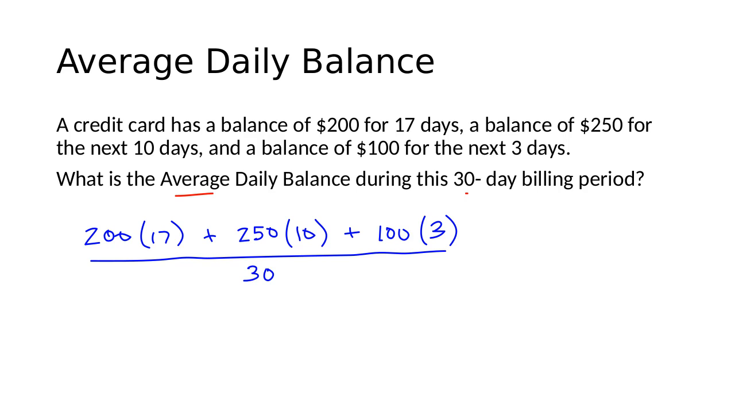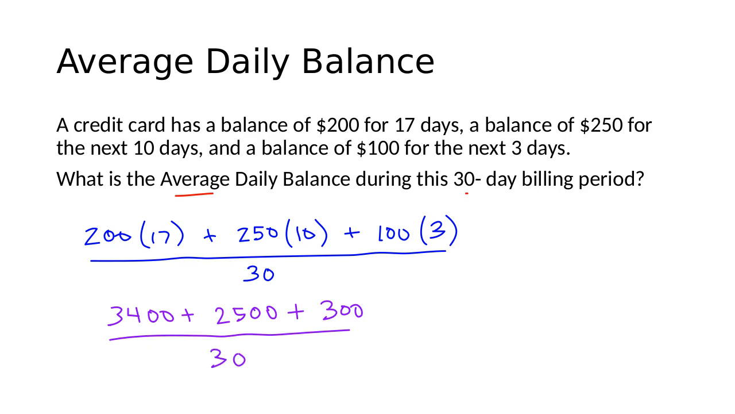When we multiply those together, we'll have 200 times 17 is 3,400. 250 times 10 is 2,500. 100 times 3 is 300. And then remember, that whole thing needs to get divided by 30. Then we're going to add those numbers in the numerator up. 3,400 plus 2,500 plus 300 will give us 6,200 in our numerator that needs to be divided by 30. And then when we divide those, we wind up with